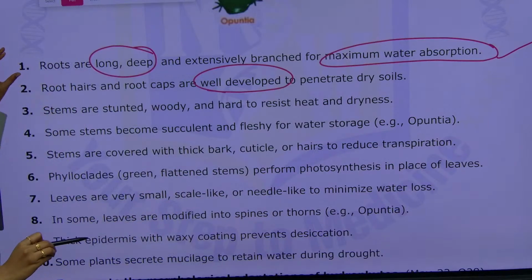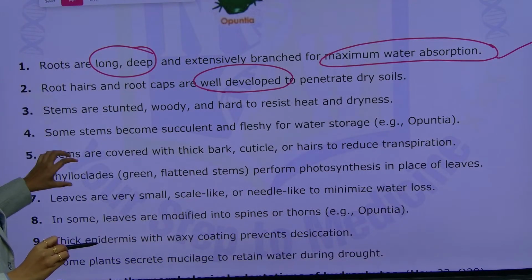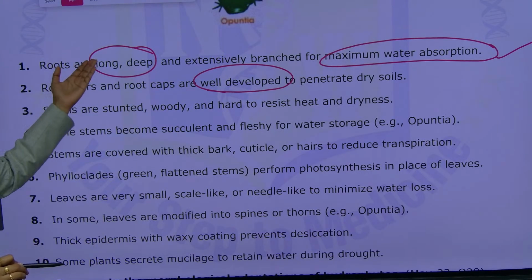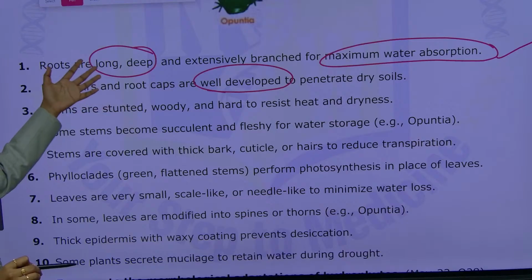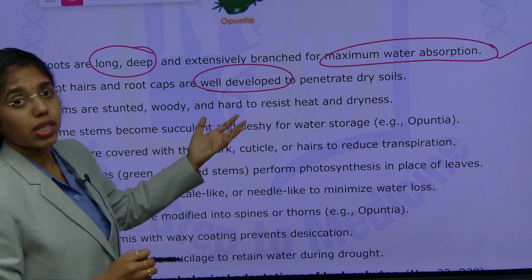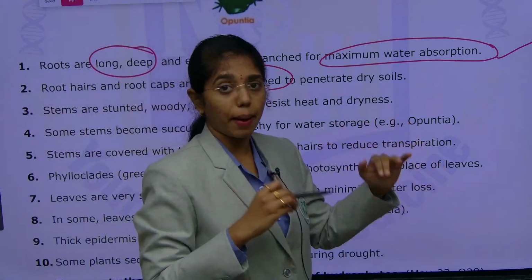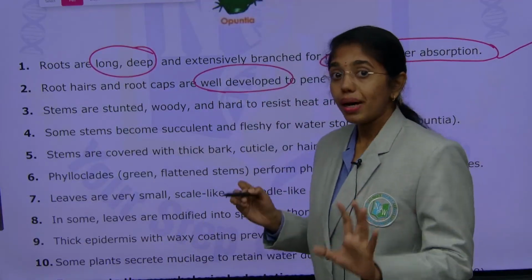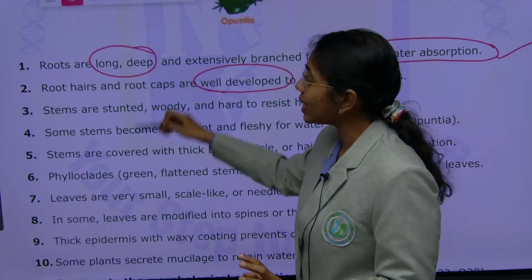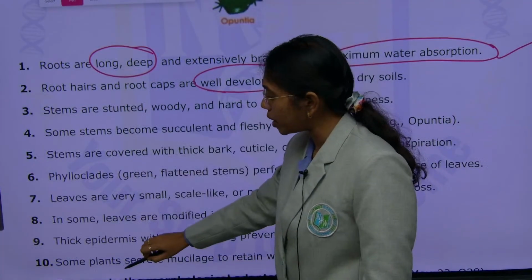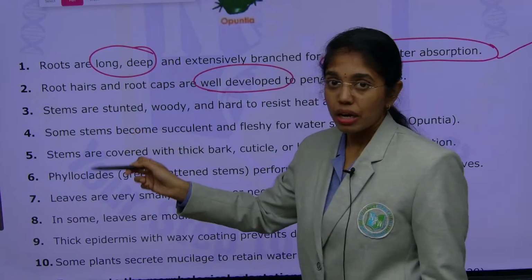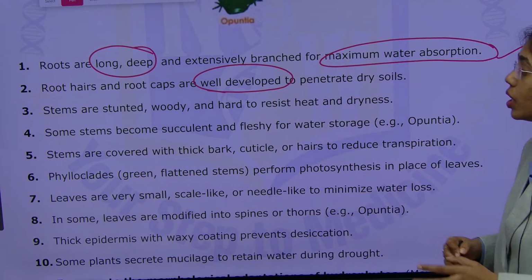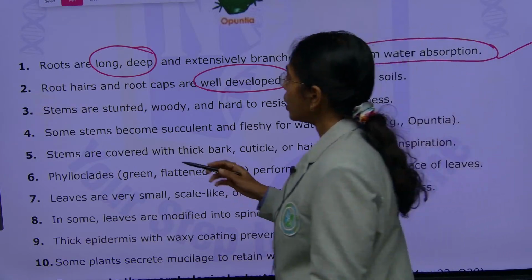So, first you will describe roots, then stem adaptations, then leaf, and then you will come up to epidermis. You can go vice versa also when you are explaining, like first about epidermis, then about leaves, types of leaves, then about stem, adaptations of stem, and then about root. It is up to your comfort, but you will memorize easily in a sequence, either from roots to the epidermis or from epidermis to root.